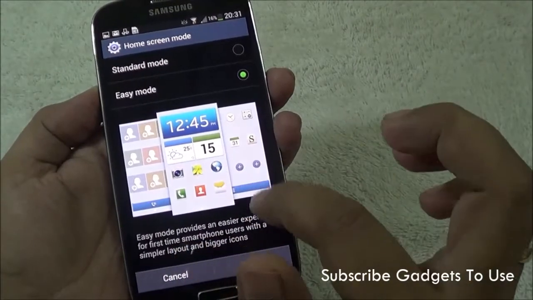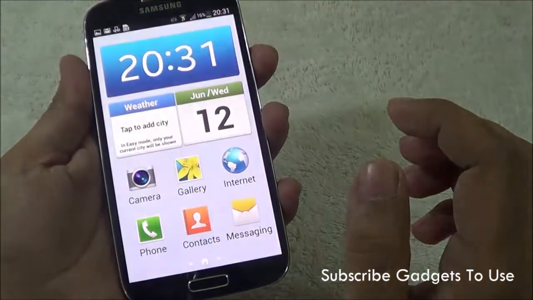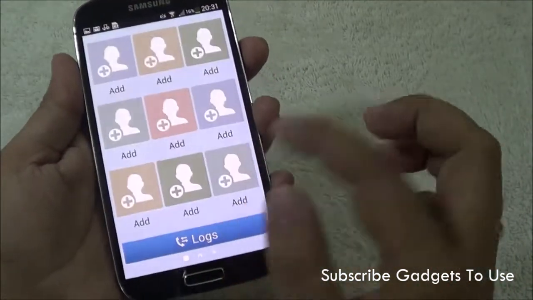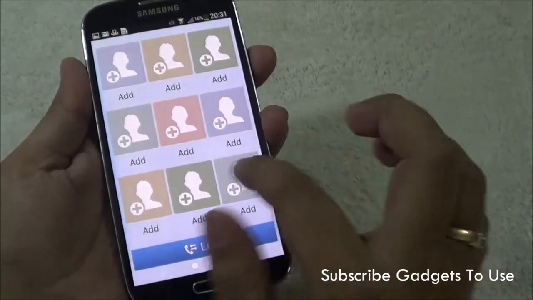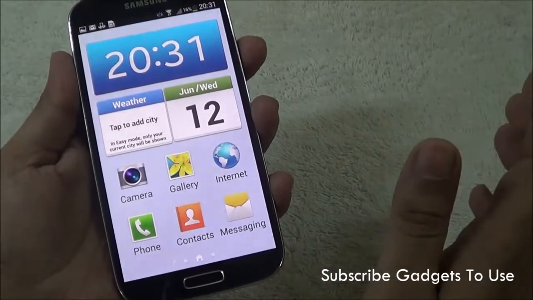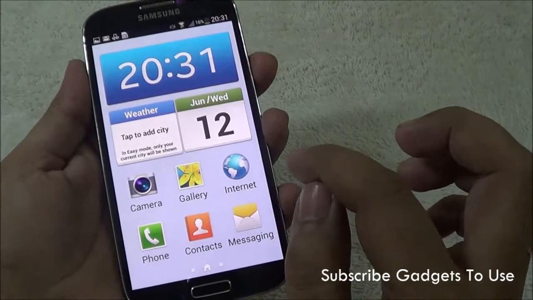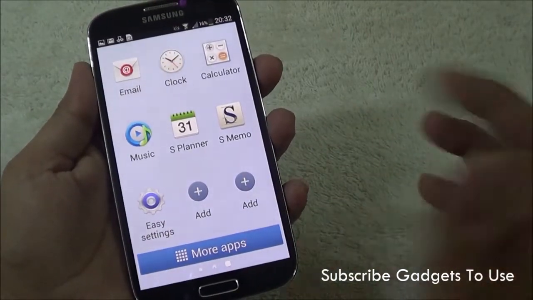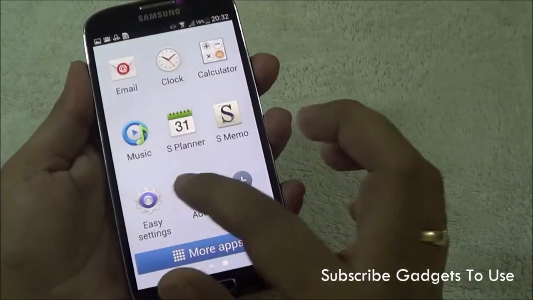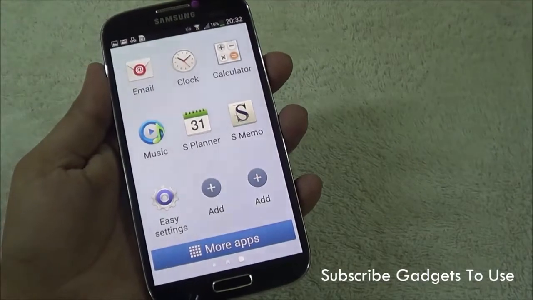They can have this kind of a UI, and once you apply this kind of home screen mode, the phone will become very basic in terms of the overall UI, so that the icons are big enough. Especially for the old age people, this feature is quite good, as they see the icons quite big and they don't have any problem in recognizing the icon, as well as the text below the icon is also pretty big. So the device becomes kind of basic in terms of the overall look and feel. Some people may not like it, but for the old age people who are not much used to using smartphones, they can use this UI.